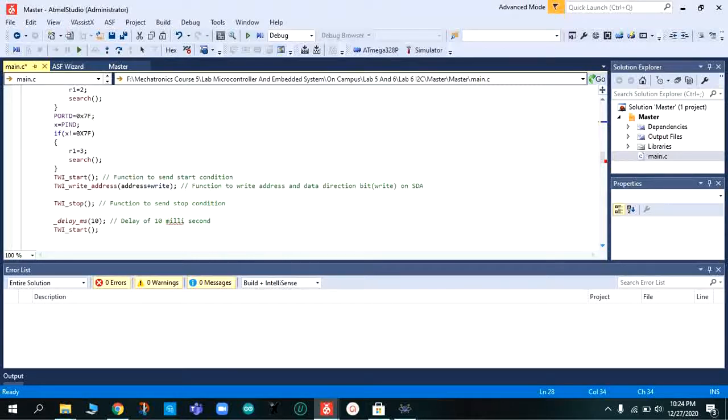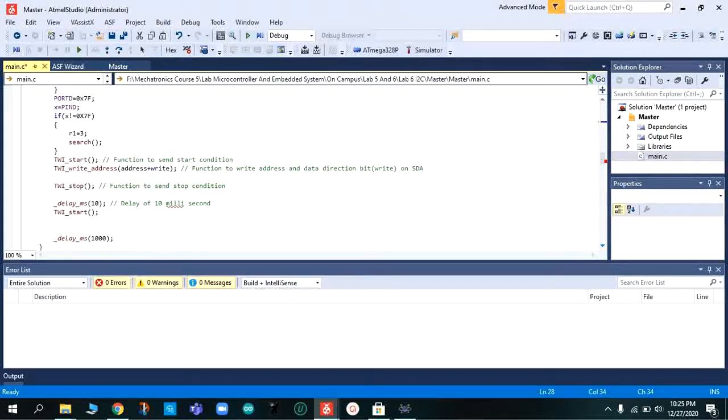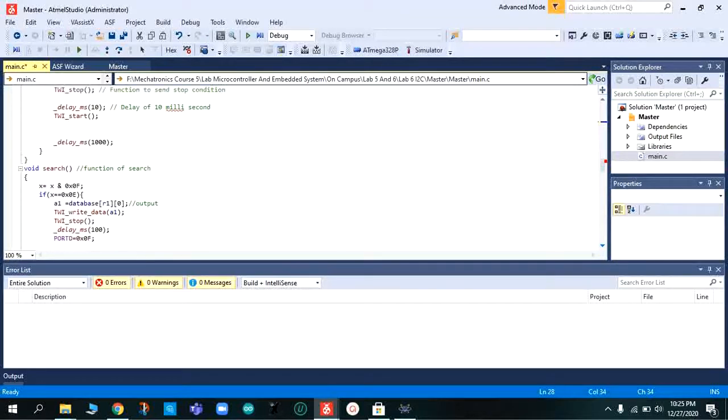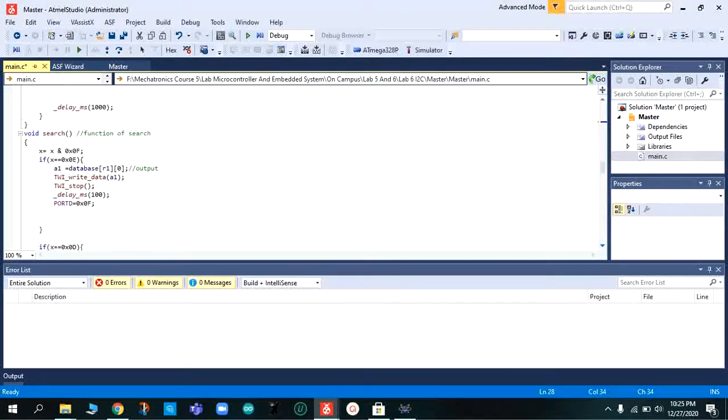Write address function is to write address and data direction bit write on STA. TWI stop is function to send stop condition and a delay of 10 milliseconds is given. Function to search A1 is database R10 that is output.